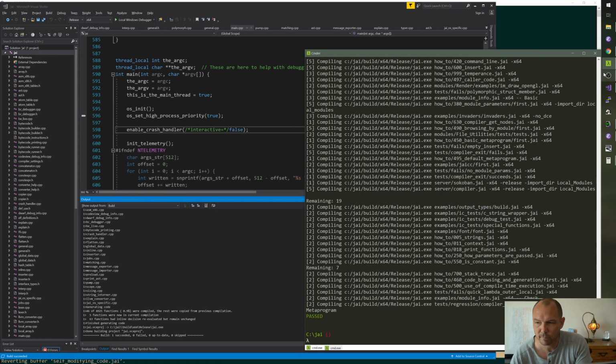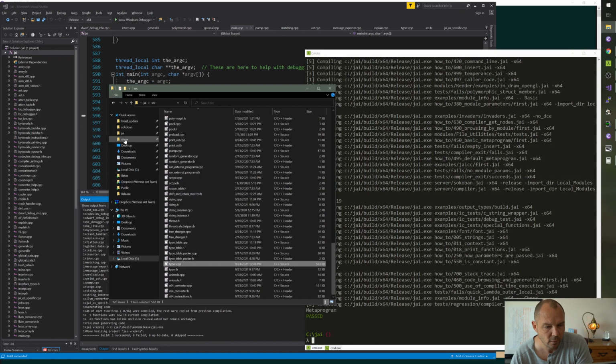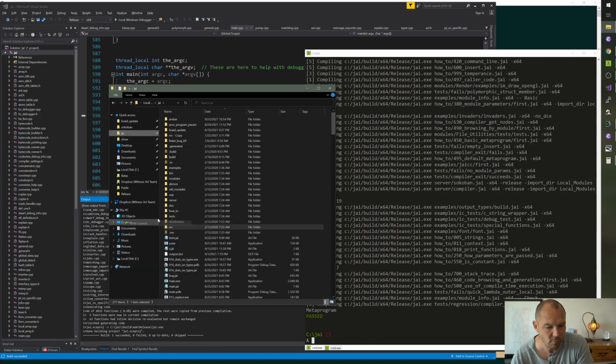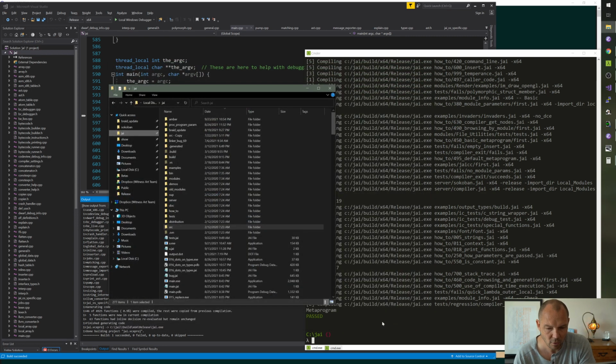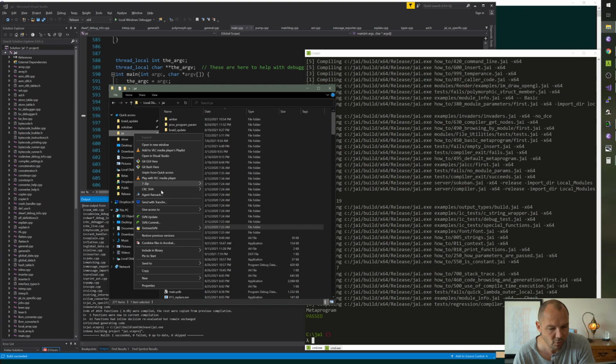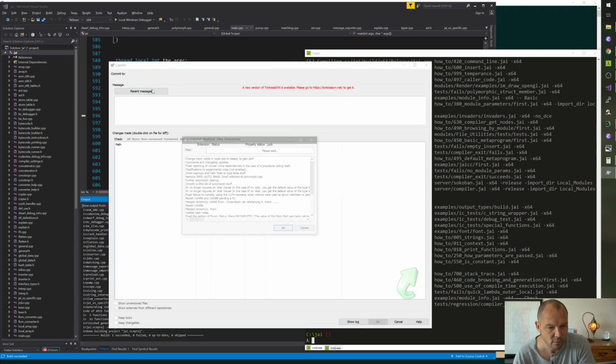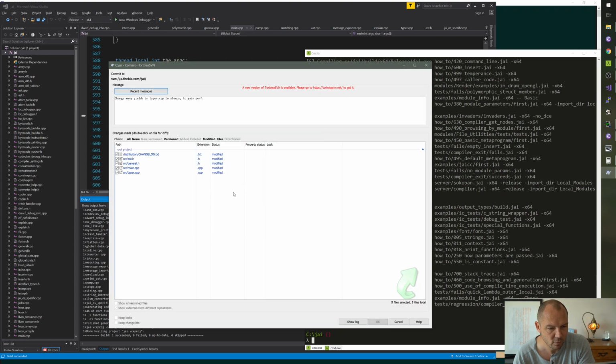All right. Let's do that. Commit: change many yields in typer.cpp to sleeps to gain perf. Great. Oh, dang it. I accidentally clicked the wrong button. Good thing it saves it.